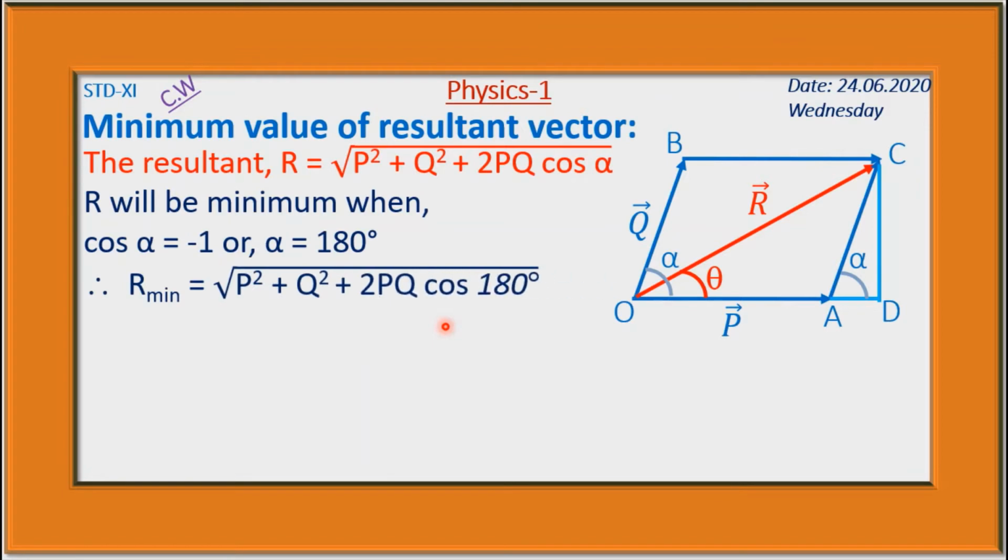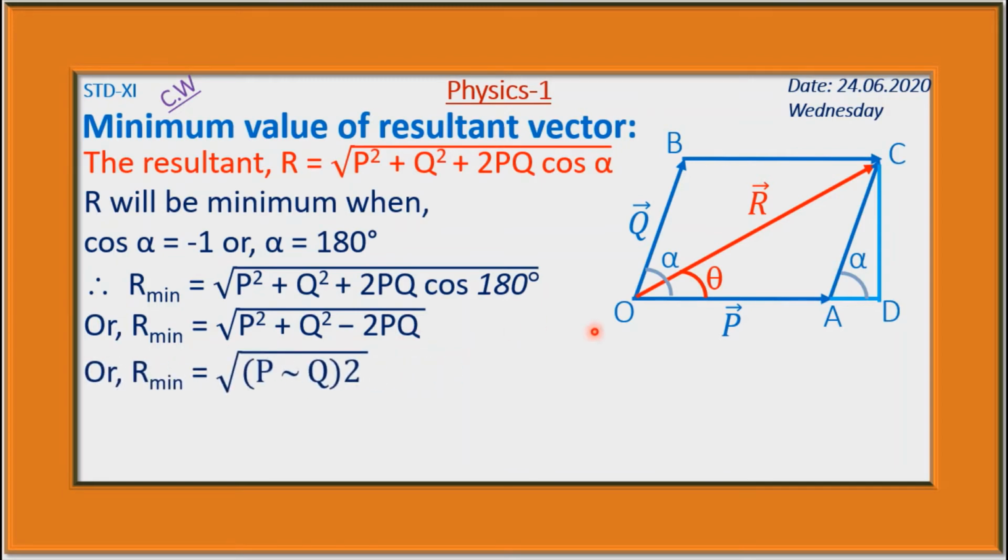Therefore, we can write R minimum is equal to root over p square plus q square plus twice pq cos 180 degree, and the value of cos 180 degree is equal to -1. Therefore, here 2pq into -1 is equal to minus twice pq. If we multiply -1 with the twice pq, we will get minus twice pq. Therefore, R minimum is equal to root over p square plus q square minus twice pq,